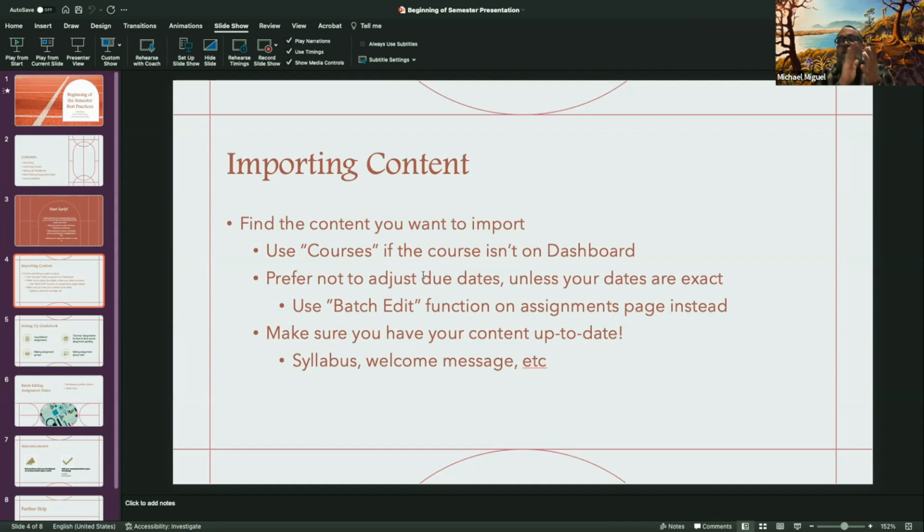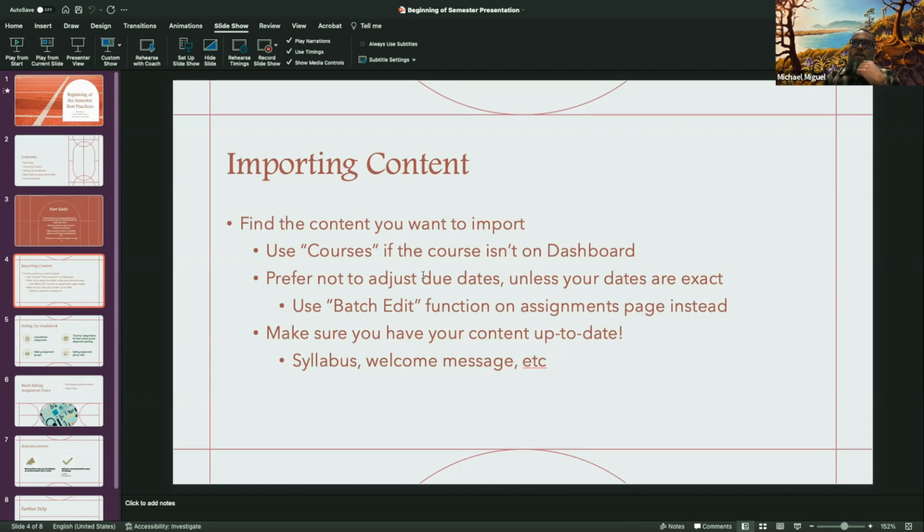And make sure that you have your content up to date. I remember my first course that I taught here at LTCC, I had imported my course content from another campus that I taught at, and I didn't remember to update my syllabus. So my students were seeing the other campus's name in the welcome instead of LTCC.